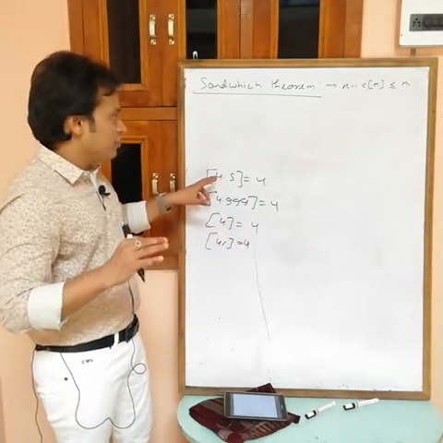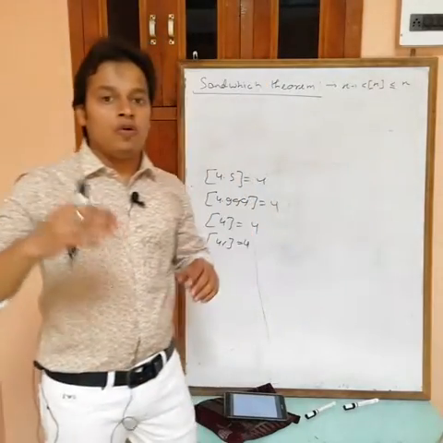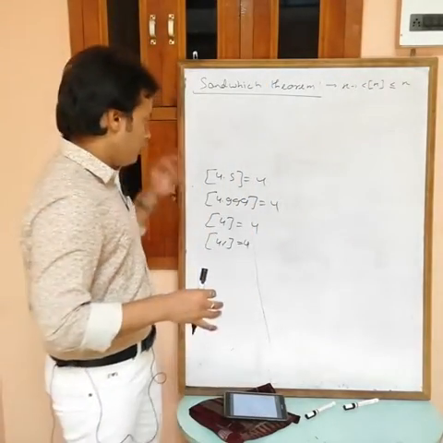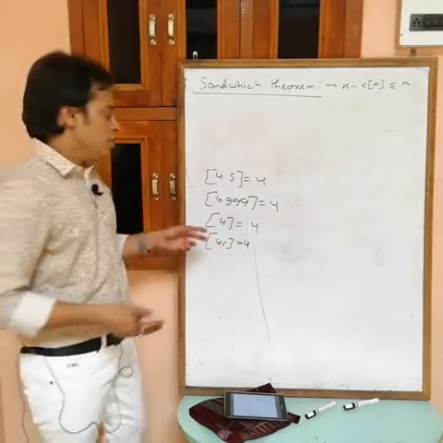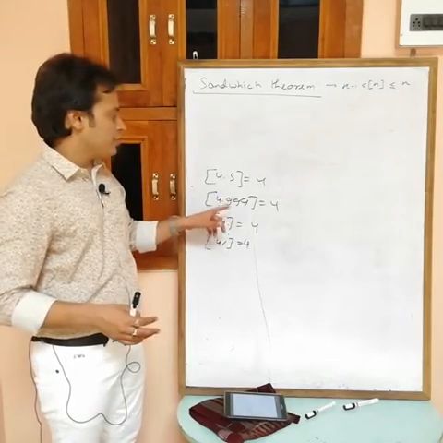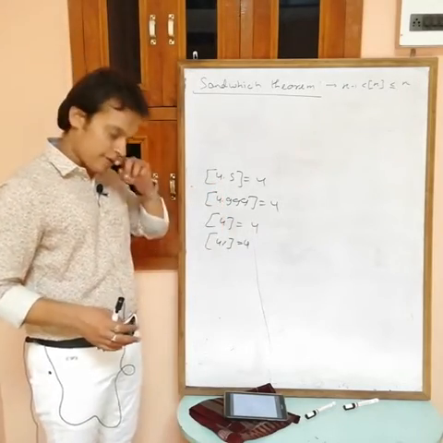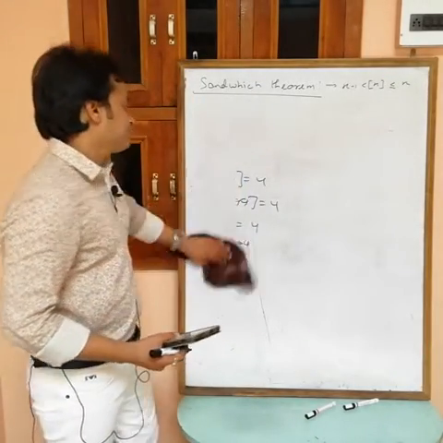So the value of the greatest integer of x is always greater than x minus 1 and always less than or equal to x. The value of the greatest integer of x can't be greater than x, obviously. If x is an integer, it is equal as it is. If x is not an integer, then the greatest integer is always less than x. So you have to remember this.